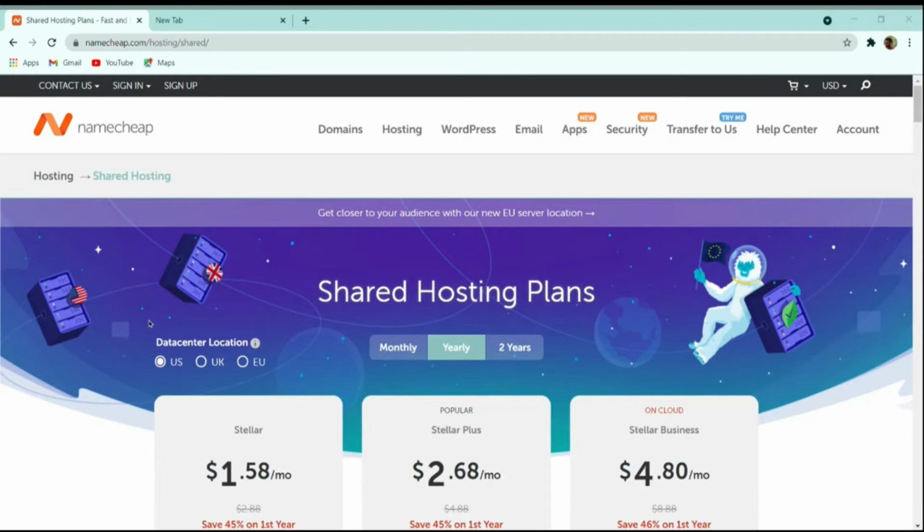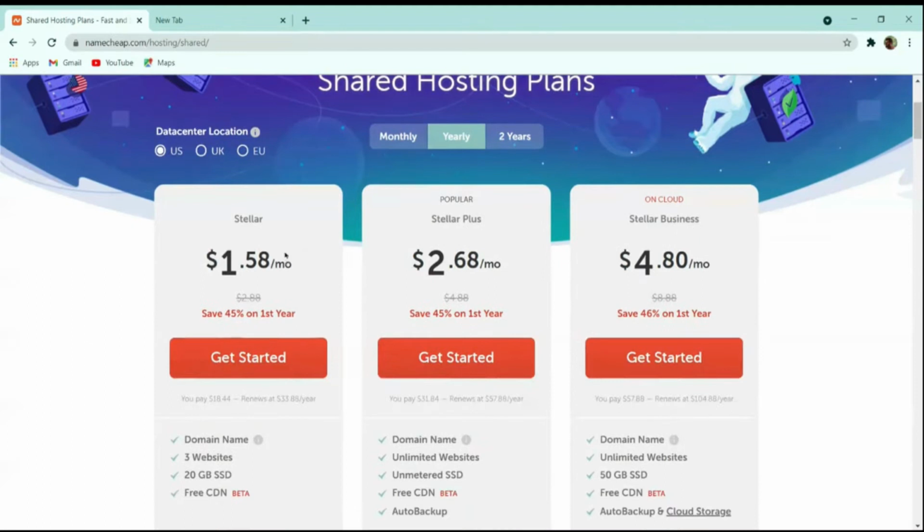I recommend you use this same as it is very easy to use and configure, and also cheaper than other providers. You can check other providers' prices and you will definitely see that this Namecheap hosting provider is very cheap. There are three plans here. You can see that I personally use this Stellar business plan as it suits my requirements.